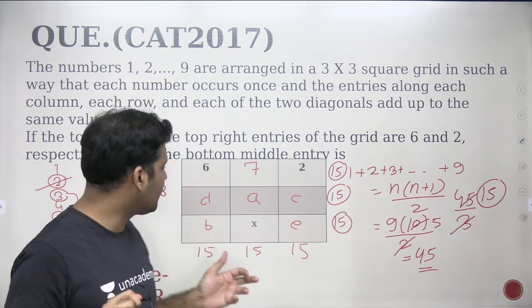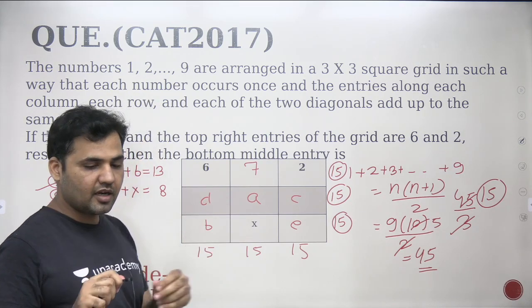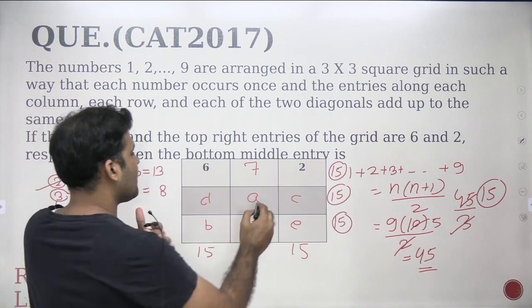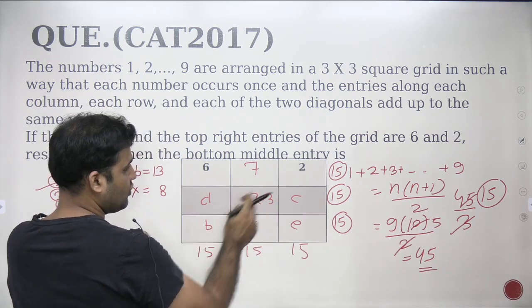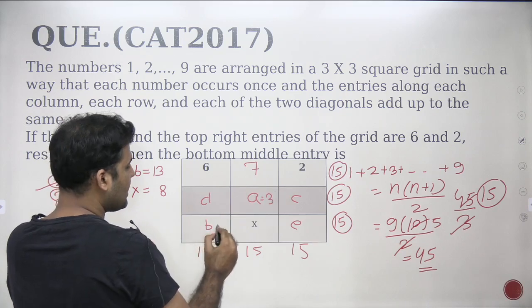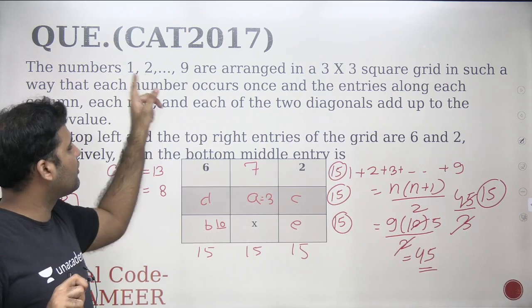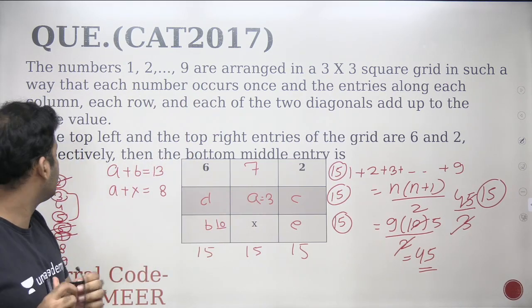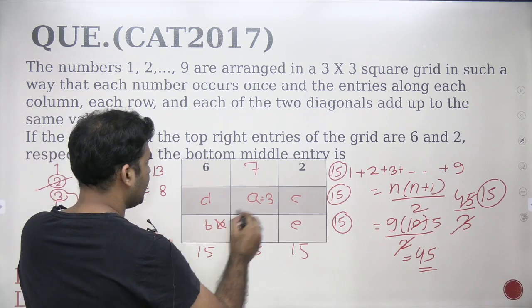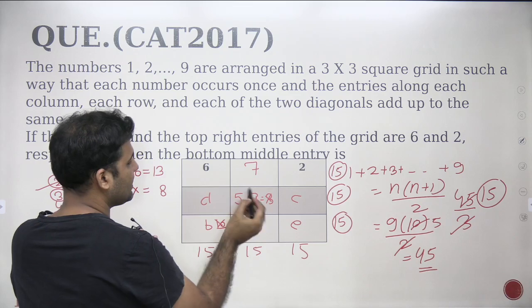Once you know 3 plus 5 is the only possible combination, you take the possible cases that either 3 will come here or 5 will come here. Now, if I take the number 3 here, 3 plus 2, 5, and to make this diagonal 15, I need to take 10 here. Is it possible? No. I'm supposed to use the numbers from 1 to 9. So 3 is not possible here. So 10 is not possible here.